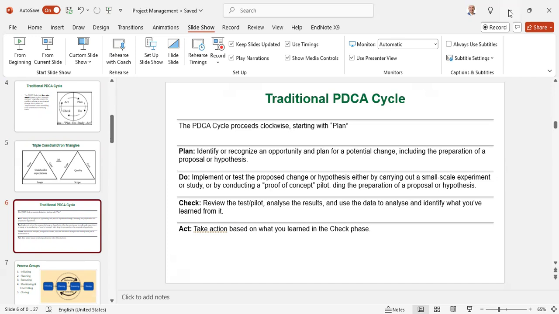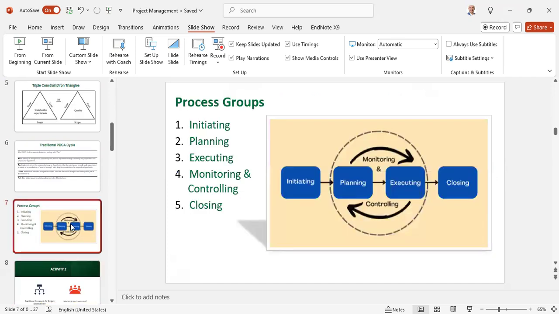So this is all included in the PDCA cycle that we will discuss and cover in more detail in our future session. So the initial group of processes in any project management is actually a combination of five different stages: initiating, planning, executing, and closing. The monitoring and controlling come in the middle, at the heart of your process.